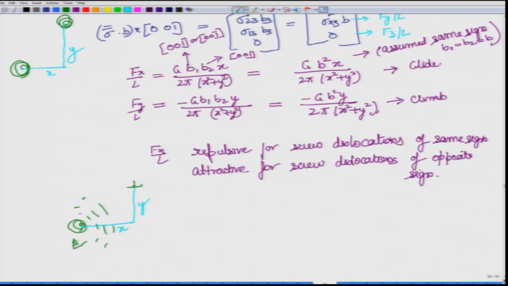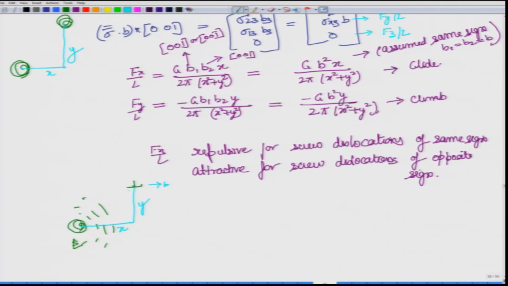What you need to do is again calculate the stresses because of the screw dislocation. You are given x and y, just look at the sigma dot b cross E form. So, here you can again take E along 0 0 1 for both of them. The Burgers vector for the screw dislocation is along the line direction, which will be 0 0 1, or 1 0 0, and for this you can take it along the perpendicular direction. So, the Burgers vector would be like this. To simplify, if the line direction is 0 0 1, the Burgers vector has to be x y 0 form, and to simplify it you can make it either x 0 0 or 0 y 0.